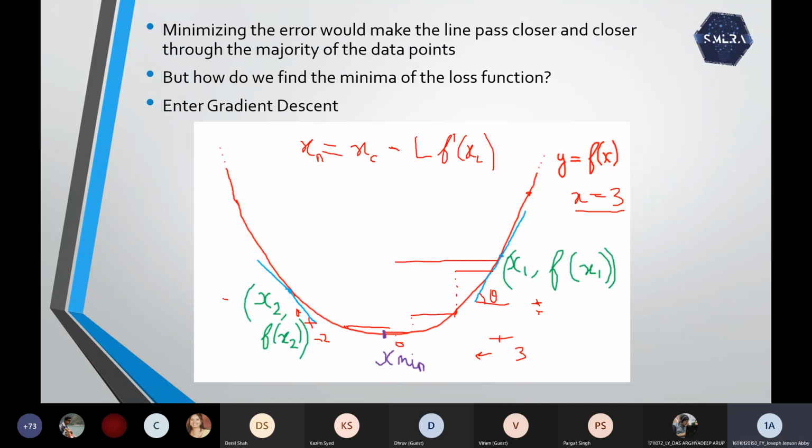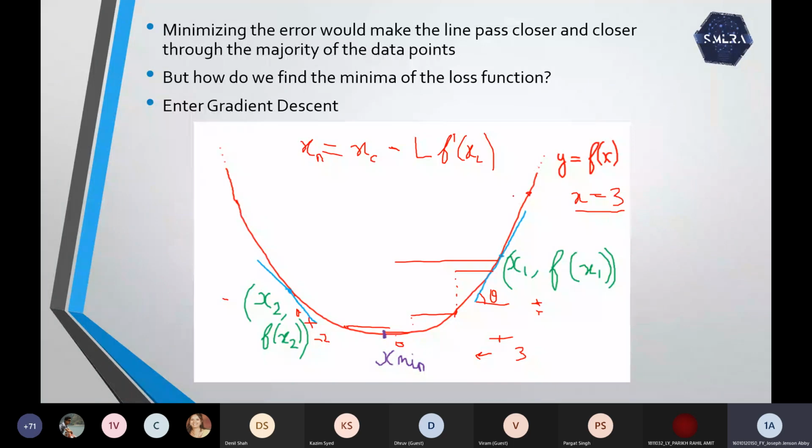If you have a very large L, say suppose L equal to 100 or L equal to 1000, you will never reach your minima. You will just keep on bouncing. The derivative is positive here, so it will subtract and reach here. Here it will find the derivative is negative, so again it will come here. It will keep on bouncing and never reach your minima. So you need an appropriate value of learning rate L, so that you will gradually reach your minima.